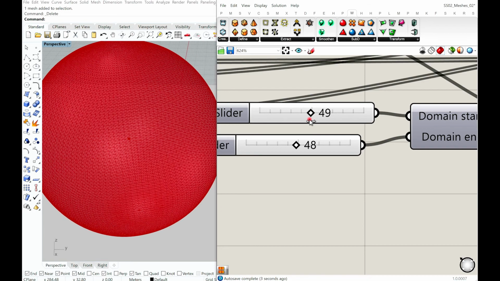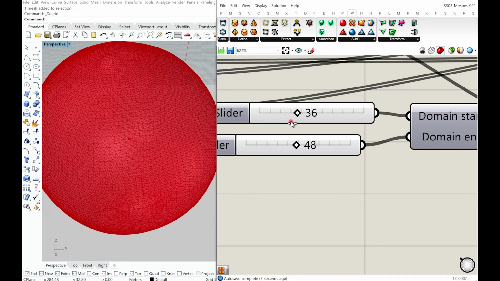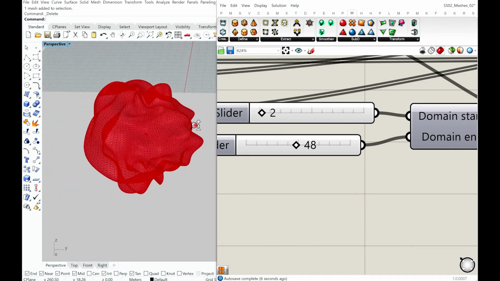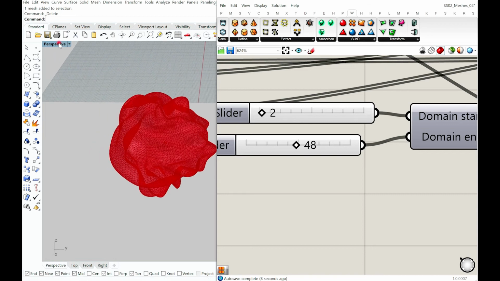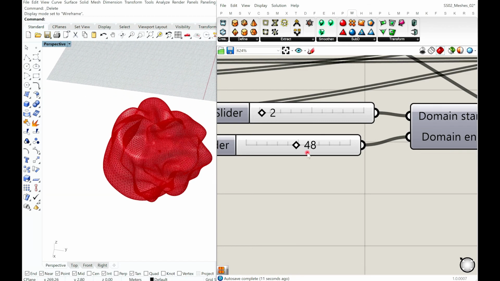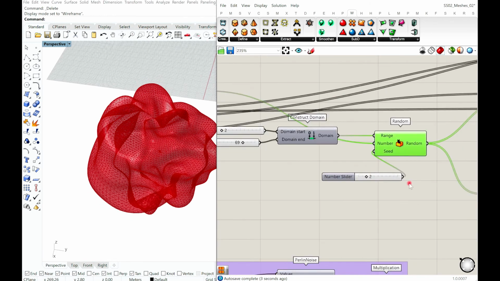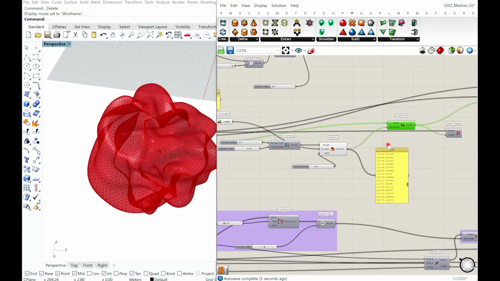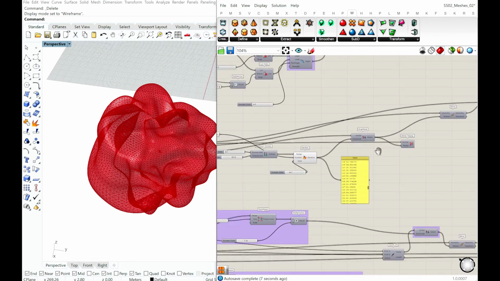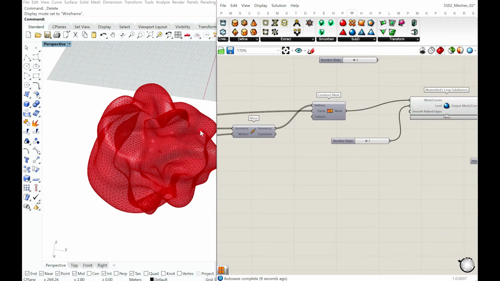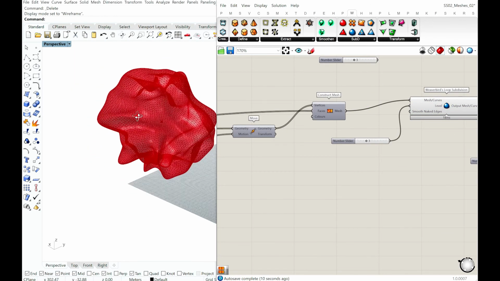It's pretty much like inflating a surface within this. So this is one way to manipulate a mesh.